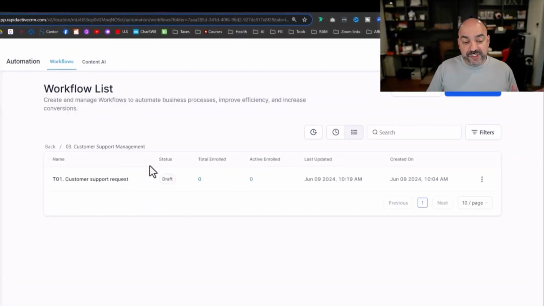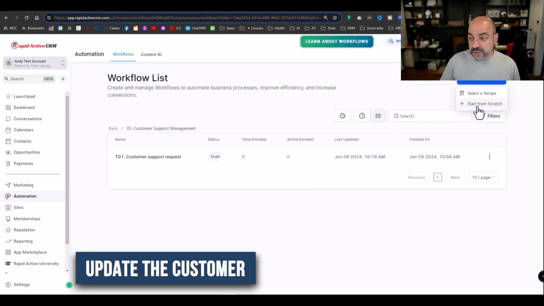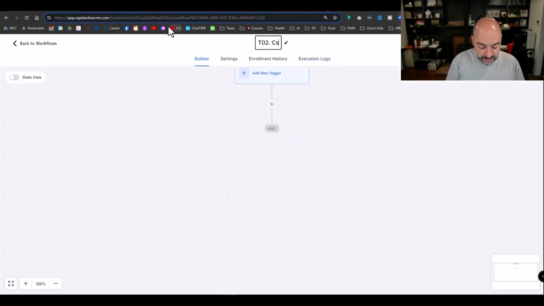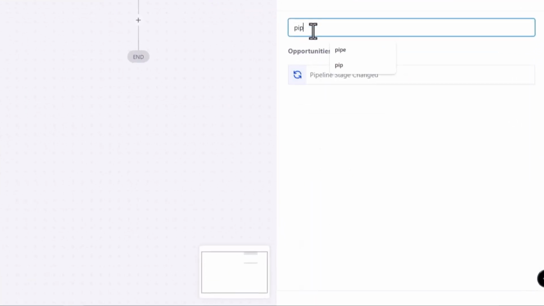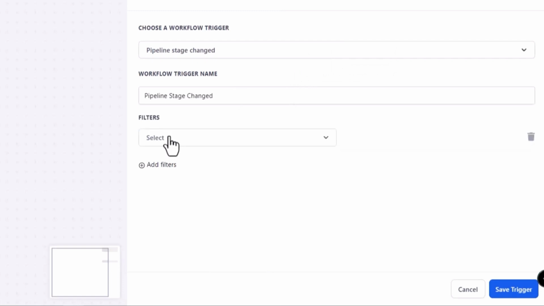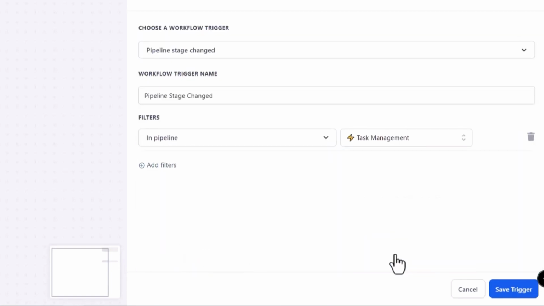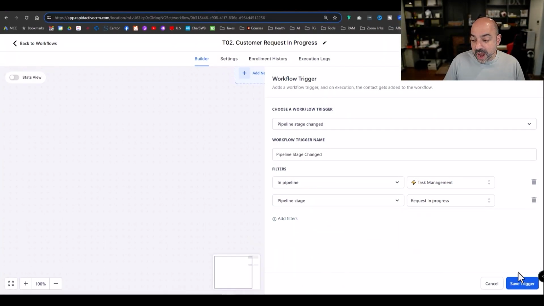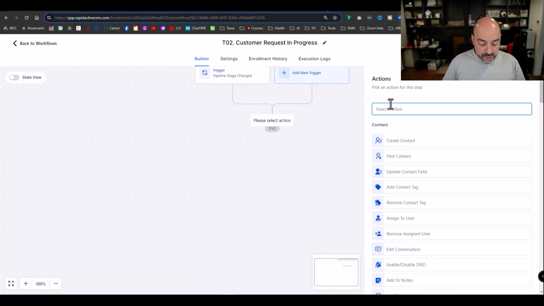Now, what we want to do is when somebody moves it over to customer support, we want to update the customers. So we're going to start from scratch. This is going to be our T02, and this is customer request in progress. All right, come over here, hit the little plus sign, and it's going to be when the pipeline stage changed. All right, pipeline stage changed in pipeline, and it's going to be task management. And now when somebody moves it to the stage of in progress, we want to alert the person, right? So I'm going to come over here, and we are just going to do